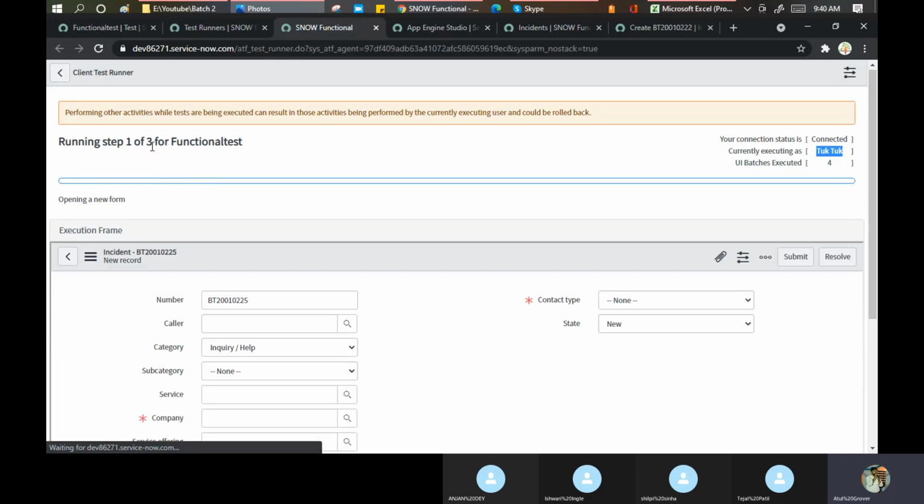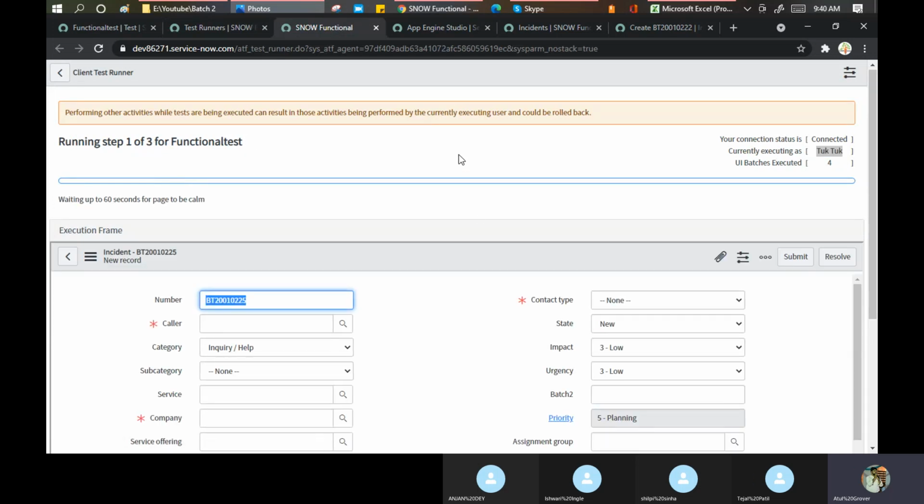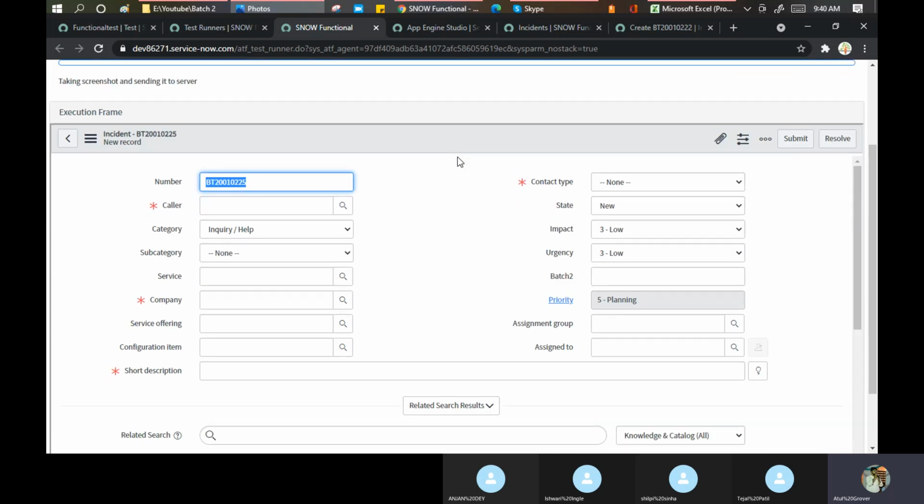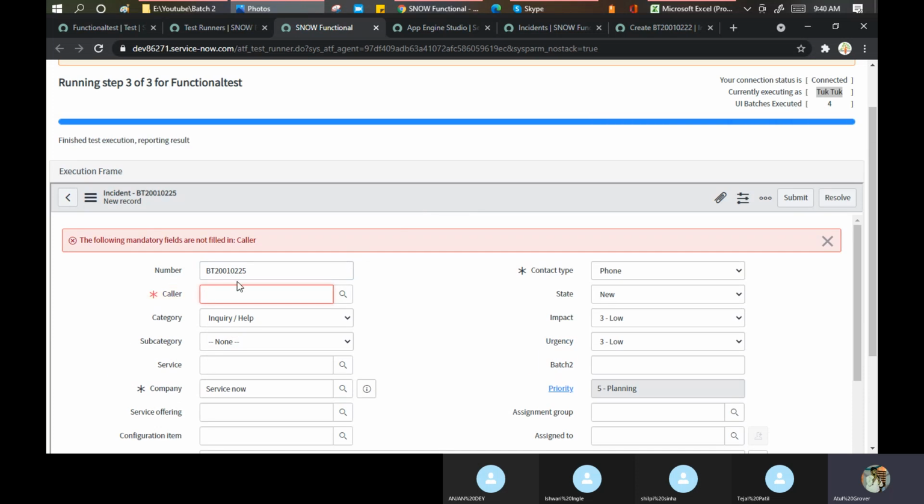Again, it's starting now. Open the form. The best part is that everything is recorded here. All screenshots will be taken care of by ServiceNow. Again, it's not putting in the caller. Contact, company, take caller. No. Something goes wrong.